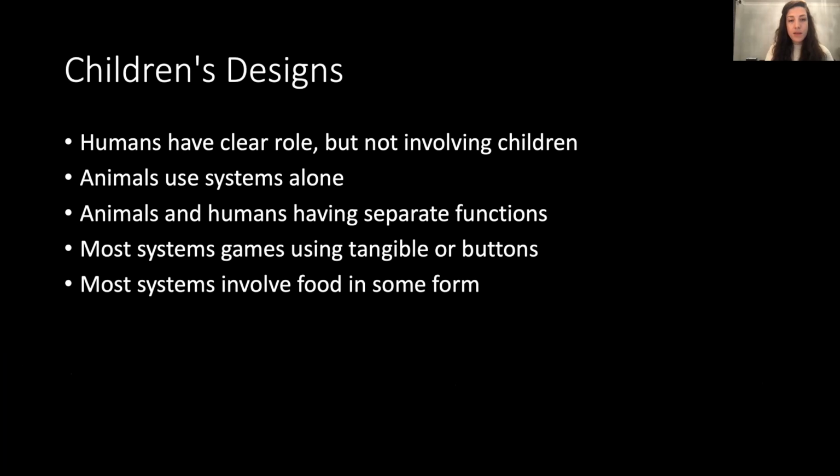As you can see from the children's drawings, we found a few themes. Firstly, that the human has a clear role in these systems, but other than possibly the camel drone system, none of these involved children. The children did, however, envision the adults in future technology systems to monitor or research the animal